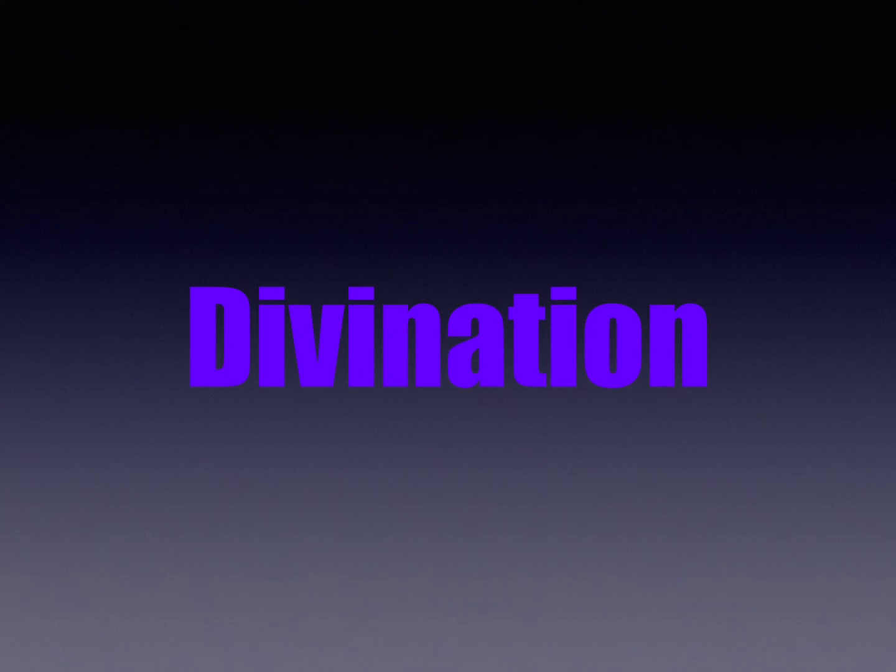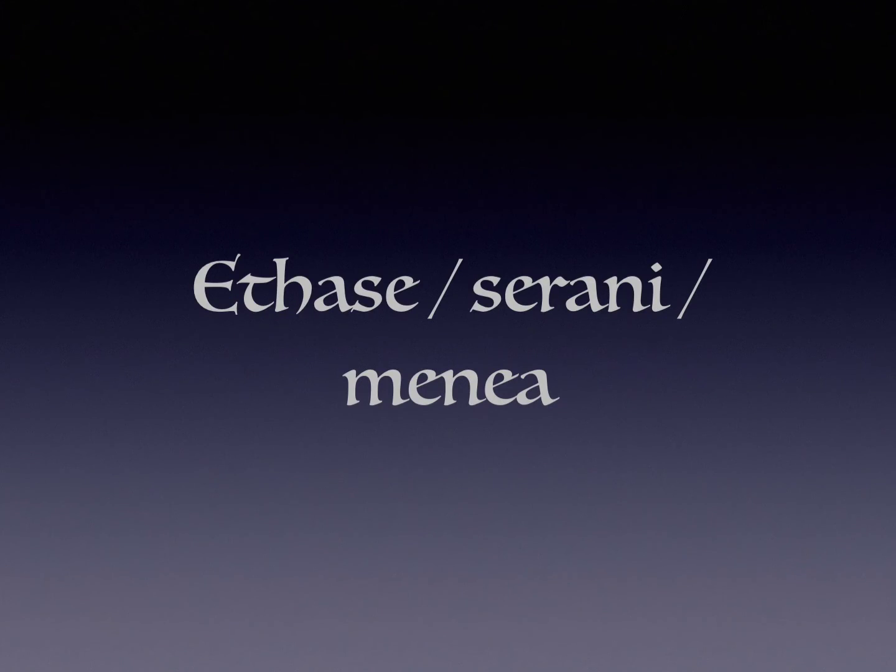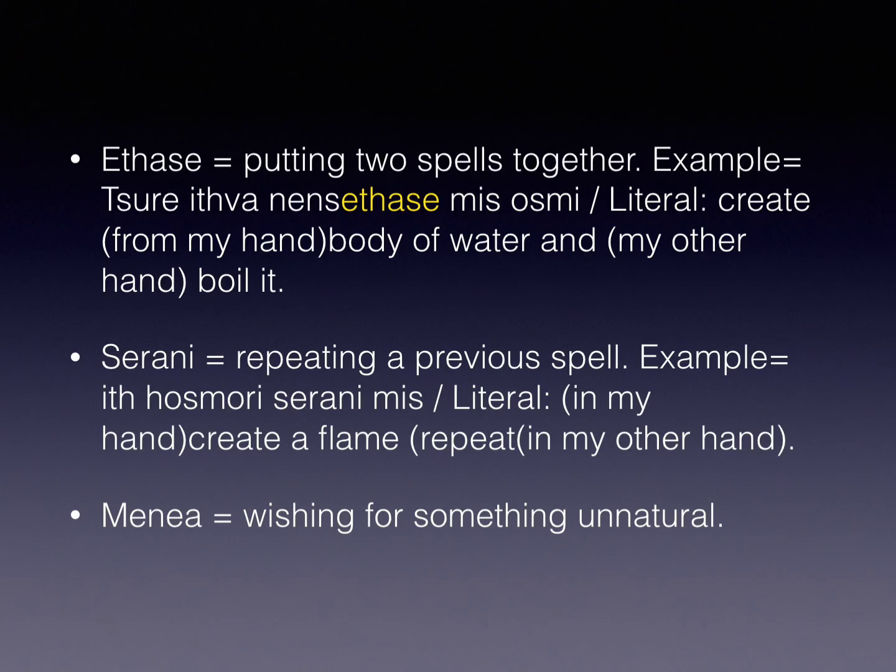Up next, we have the three main words that I think every mage should know. These three words are ethase, serani, and manea. Here we have some explanations on what they mean. Up first, ethase is putting two spells together. So for example, you have tsure itfa nensethase